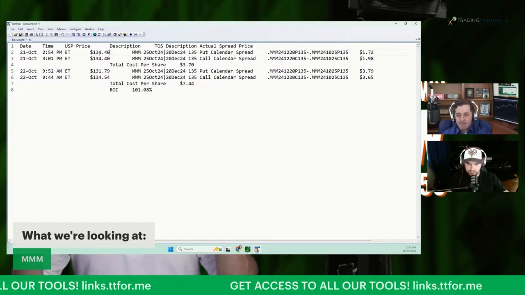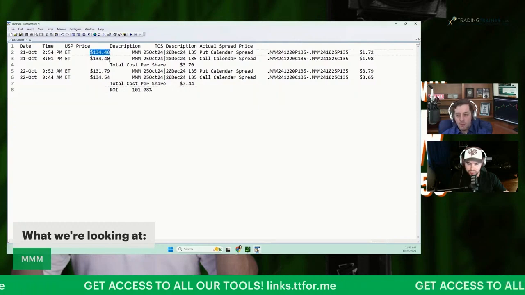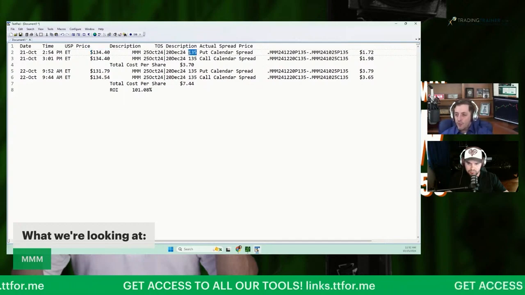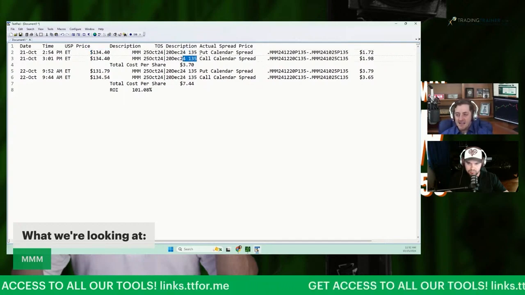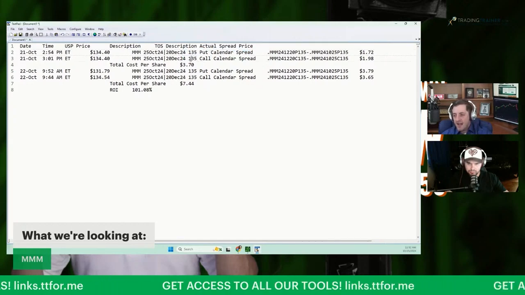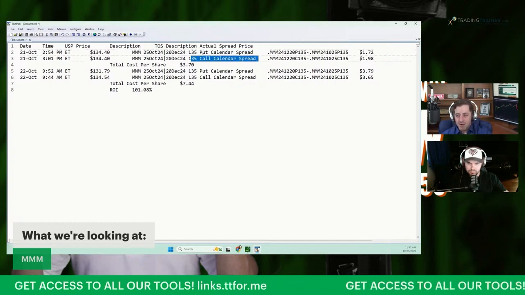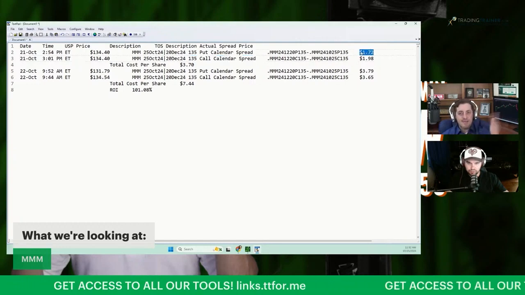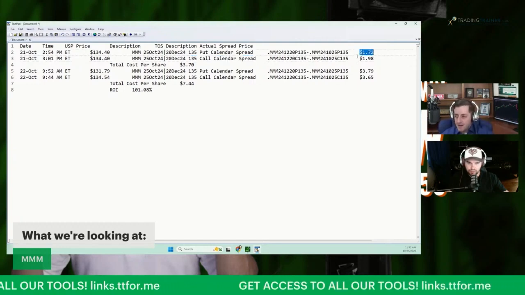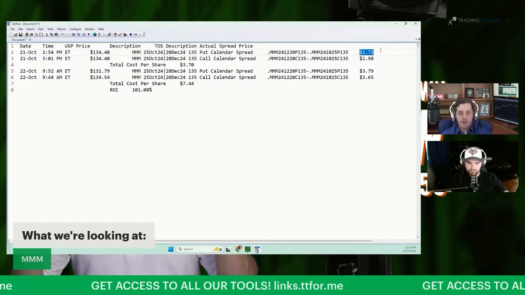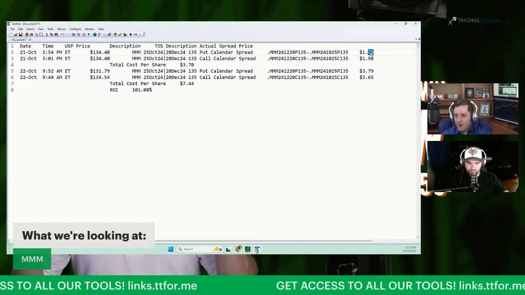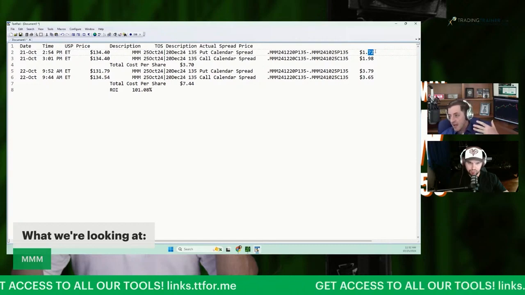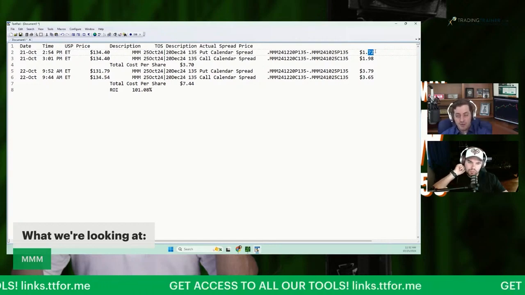Well, we were trading right around 135. We were trading at 134.40. And so I just did the 135, but I did take his heed, and I did a put calendar spread and I did a call calendar spread. I used the same options in both, except they were puts versus calls. And you can see here, and I did them equally. I'm not going to talk about the number of contracts I did because I just want to show you the per share price. For the one I bought at 2:54, I paid $1.72 per option, or $172 per contract.